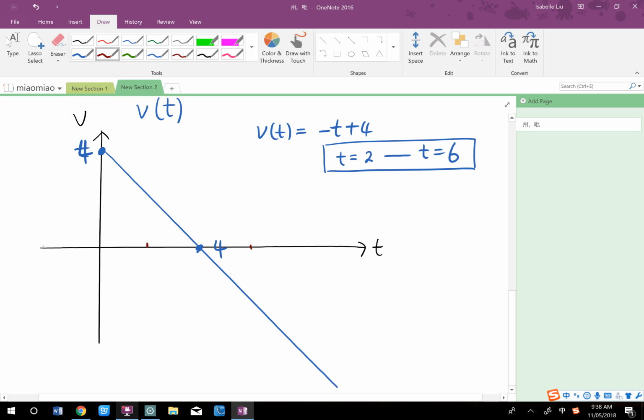Let's not do 6. Let's go t for 1. Don't want to be symmetrical. So t equals 1 is here, and t equals 6 is here. Okay, can you see if I draw the vertical line between the two required times, I can form